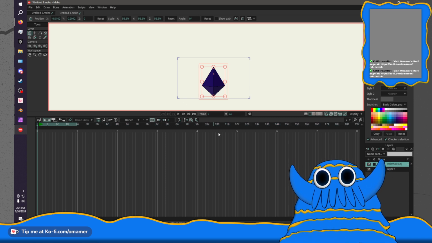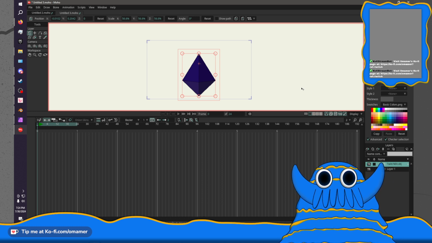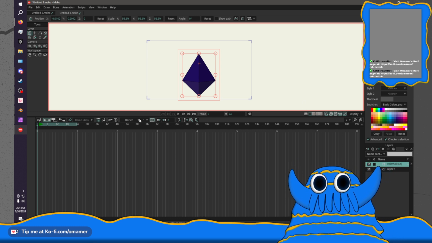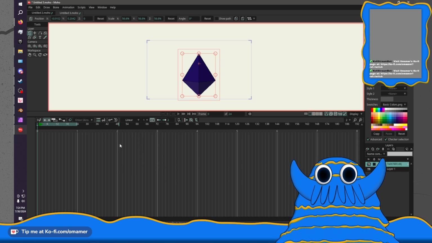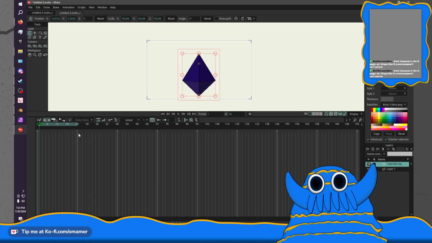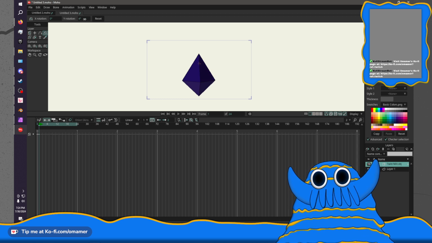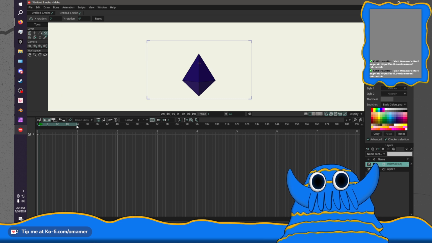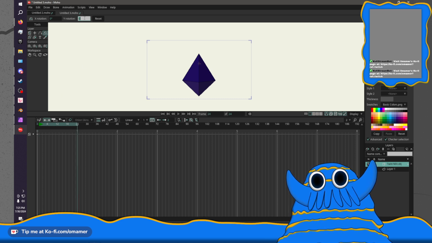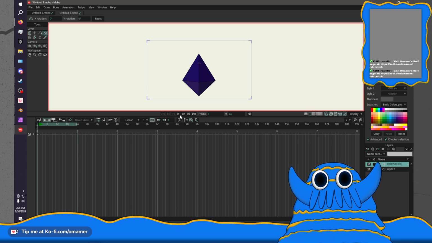It only needs to be 24 frames long, since it's going to loop, and we want this to be a linear animation. So at frame 1, let's see, yes. And then over here, it needs to be 360.